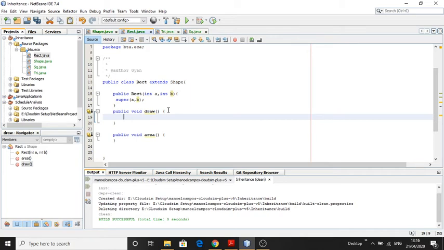We will draw here, System.out.println, next line, rectangle draw.